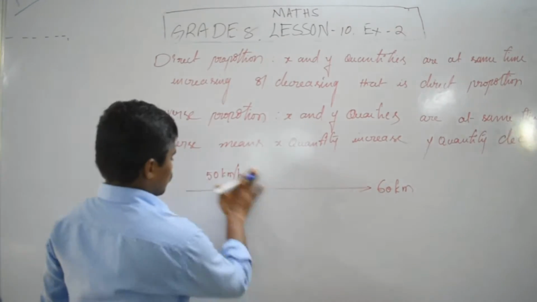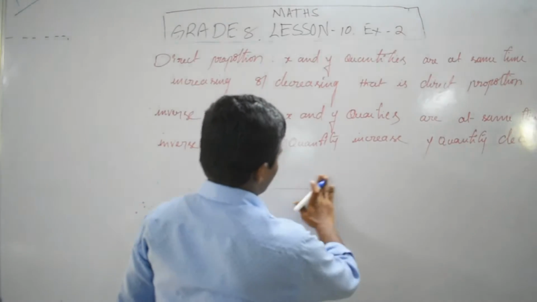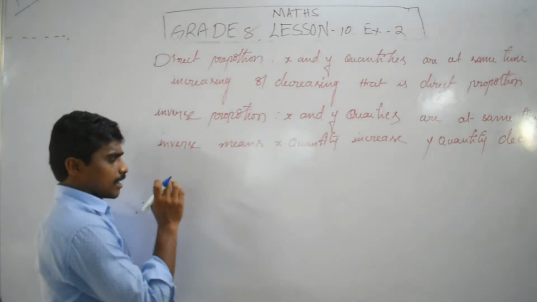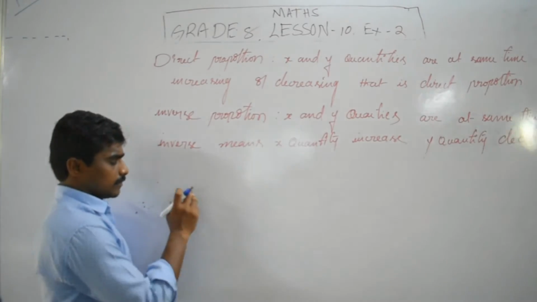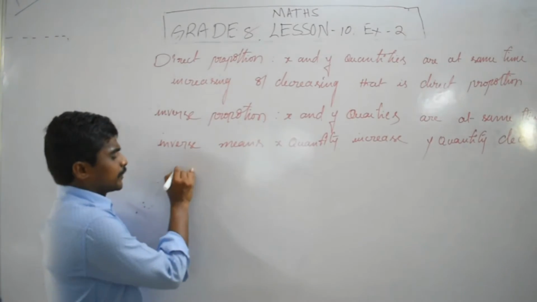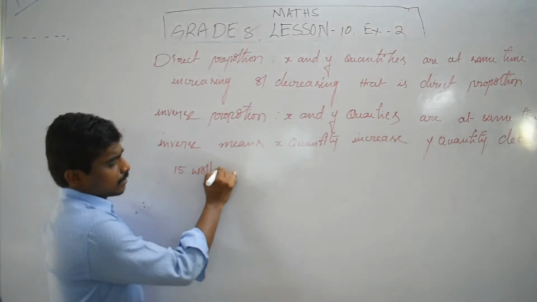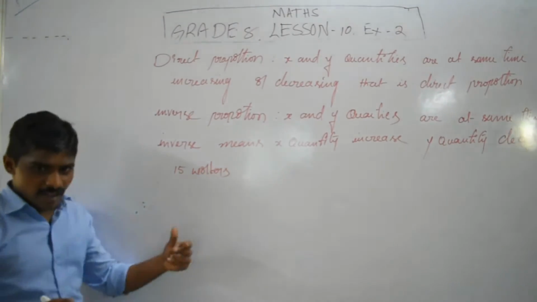How many, like, that is an exact example. Here 15 workers,